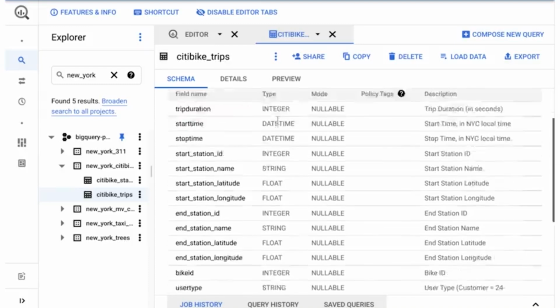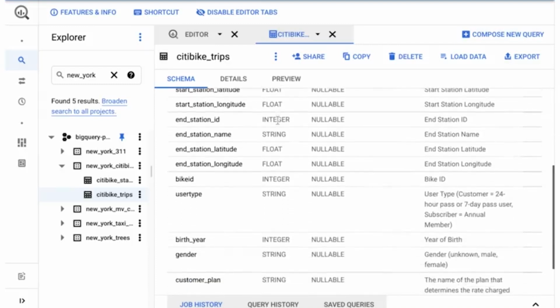For example, the bike sharing company has two different kinds of customers, one-time paying customers and subscribers. Let's say we want to find out what routes are most popular with different user types. To do that, we need to create strings of recognizable route names that we can count and sort. We know that the information we need is in the stations and trips table, so we'll start building our query from there.